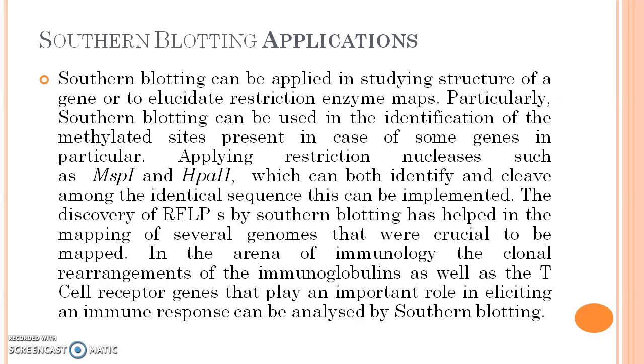This can be implemented by applying restriction nucleases such as MspI and HpaII, which both recognize and cleave the identical sequence. The discovery of RFLP, that is restriction fragment length polymorphisms, by Southern blotting has helped in the